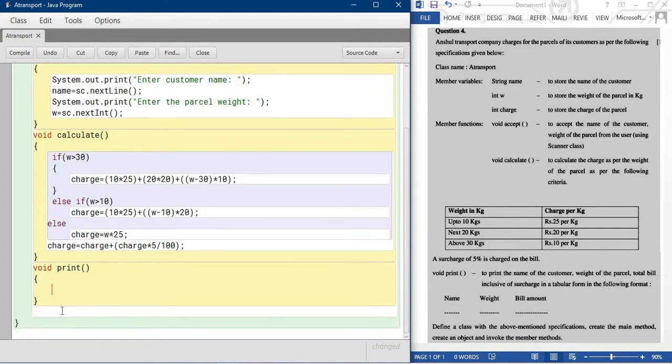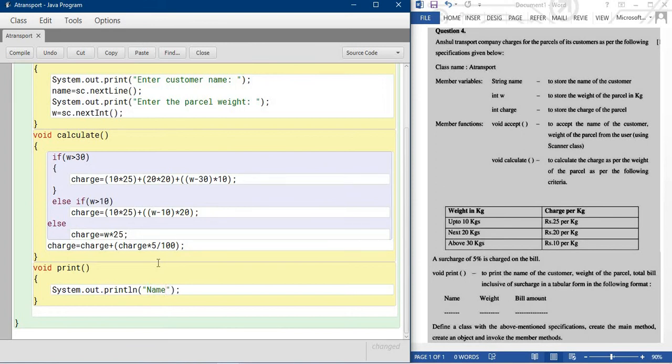Simply, first you print the entire message, the first line message. How? System.out.println. First one is name. You provide the message as it is, as you can see in this question. So name.